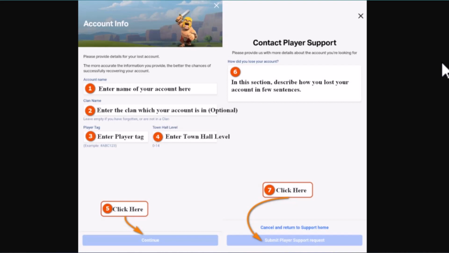And as you click on continue, next interface will be able to see contact player support, and right on top you'll need to describe what is the actual issue. So you can simply type in that somebody hacked my account, or you need to give a valid reason why you're not able to recover your account. Once you're done with this process, click on submit player support request, which is right at the bottom,